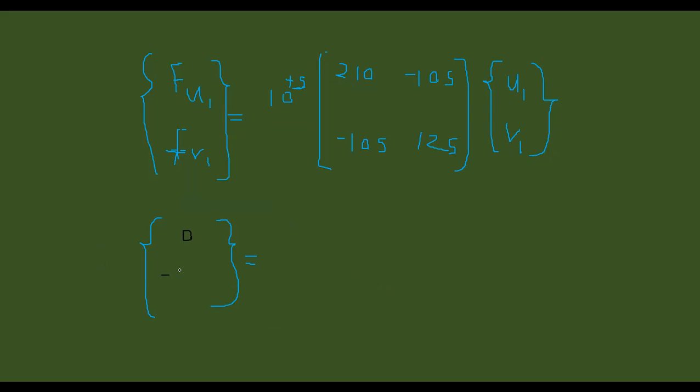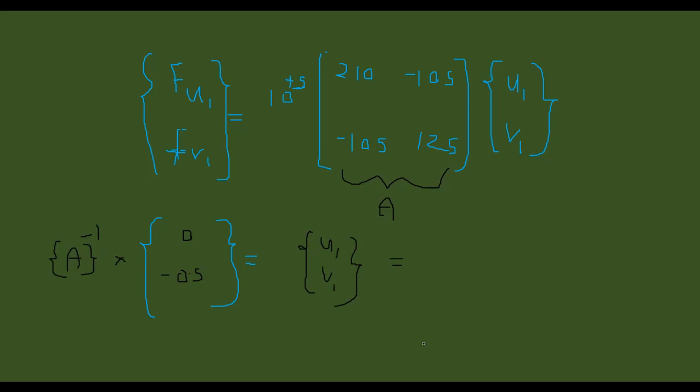This would be minus 0.5, right? So let this be A. So you are going to multiply A inverse by this matrix to obtain the displacement, where you will obtain Q1 and V1 as,